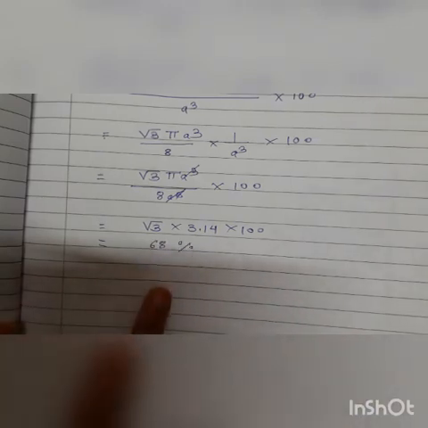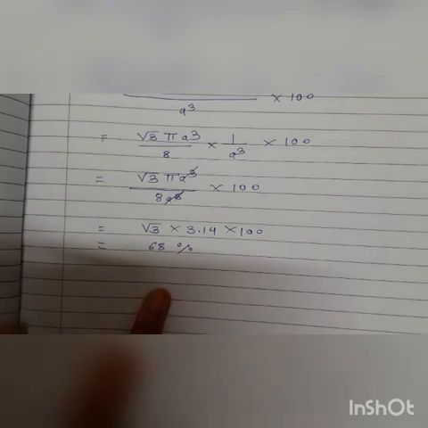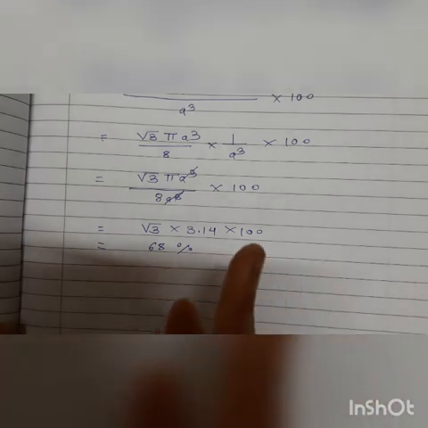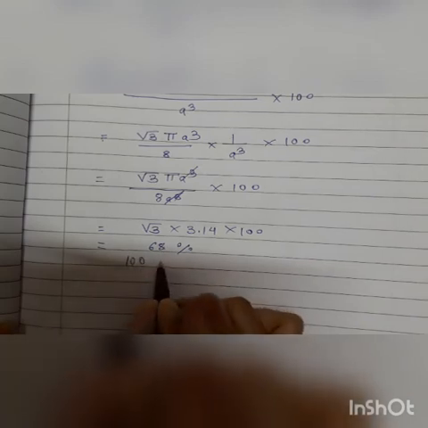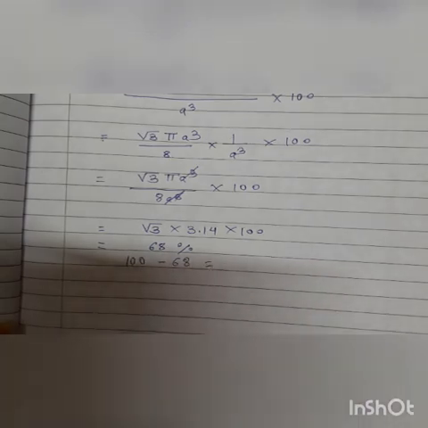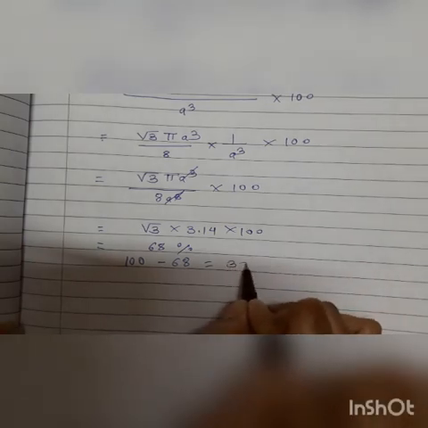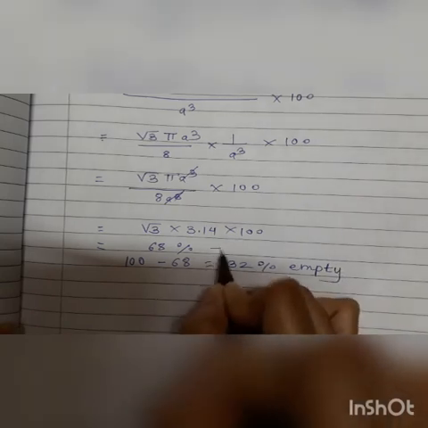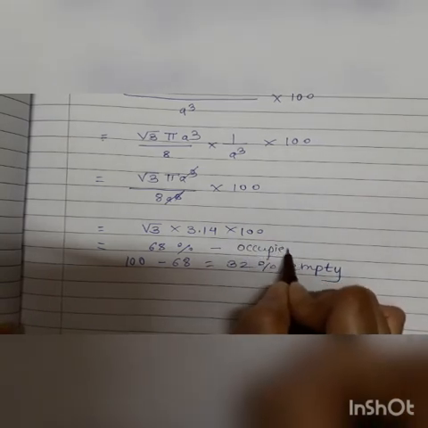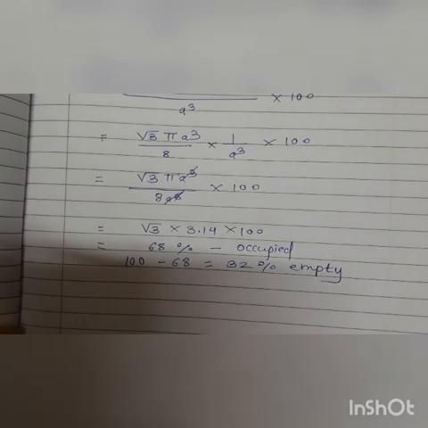So what is the packing efficiency of metal crystal in BCC lattice or body centered cubic lattice? It is 68%. That means 68% of the cell is filled, it is occupied. So out of 100, 68% is occupied, then how much will remain vacant and empty? 32%. This much space is empty and this much is occupied. Understand? So let us stop here.